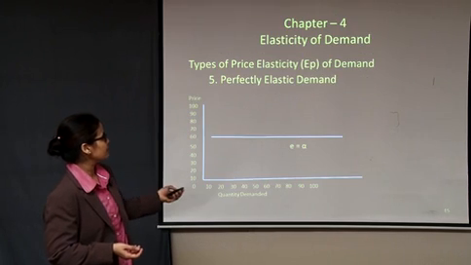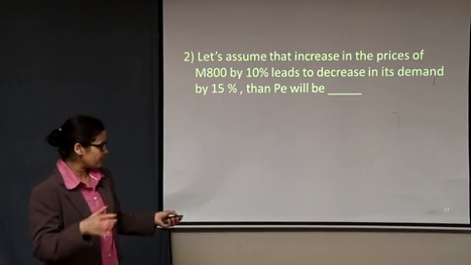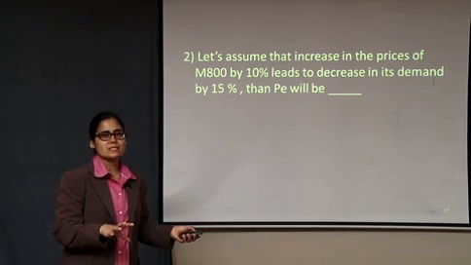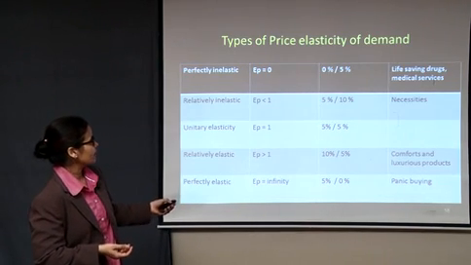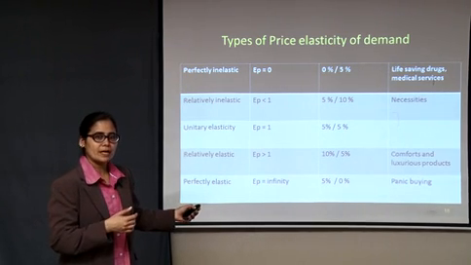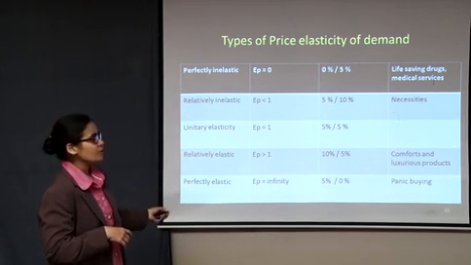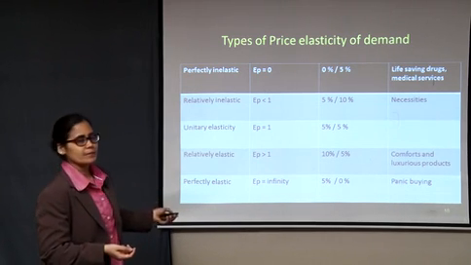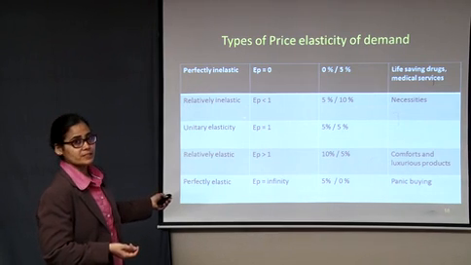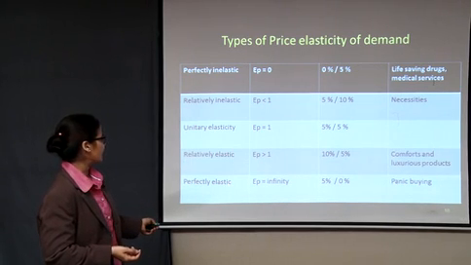Taking you back to these slides. See, 5 types of elasticity. What I have done is, I have prepared in the next slide a table in which all the 5 types of price elasticity are mentioned. Something like this. So this is like a revision. Whatever you have memorized, whatever you have calculated, now in this one chart, you can just revise it. So there are 5 types of price elasticity: perfectly inelastic, relatively inelastic, unitary elastic, relatively elastic, and perfectly elastic.